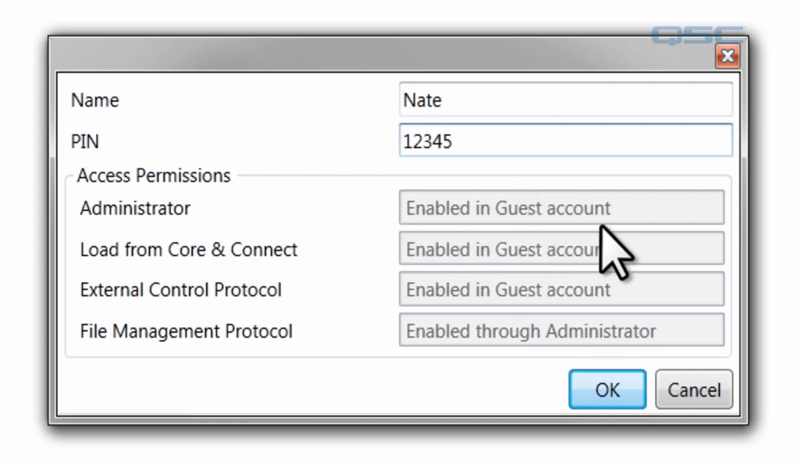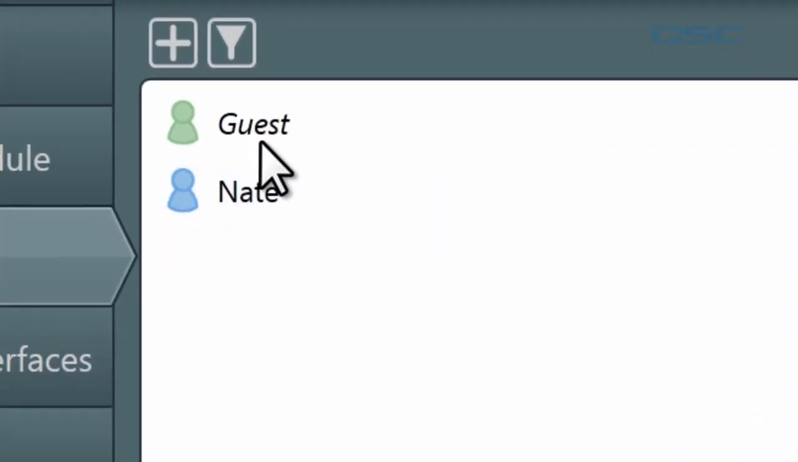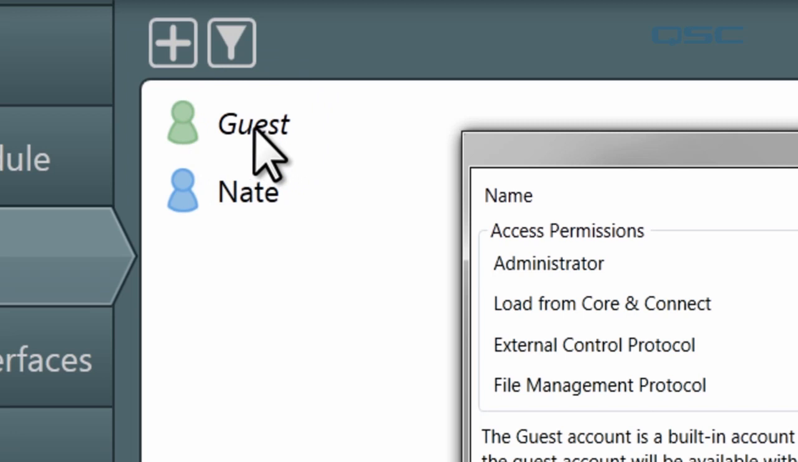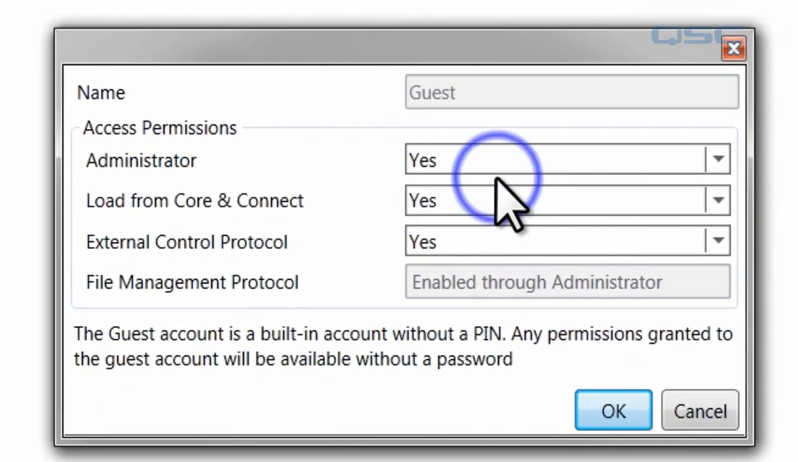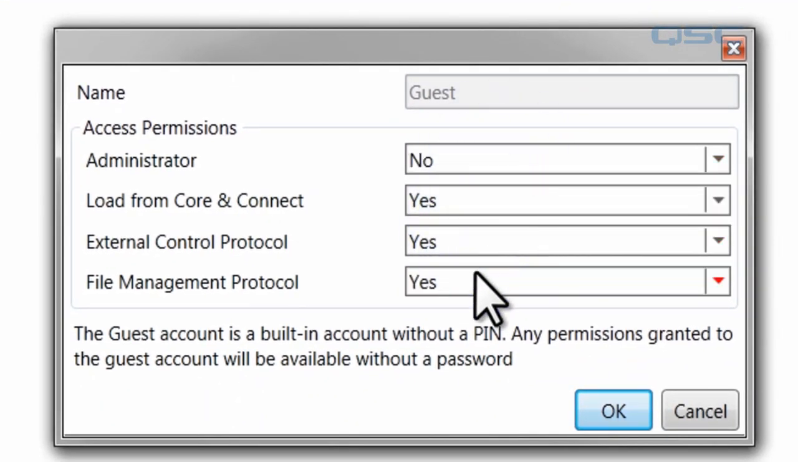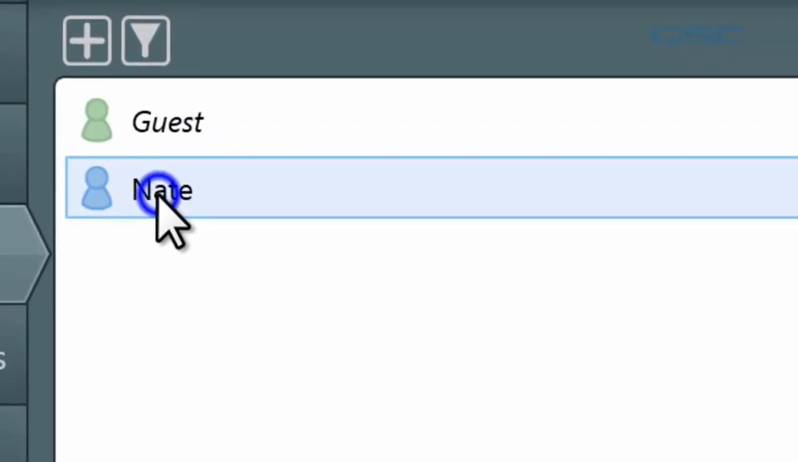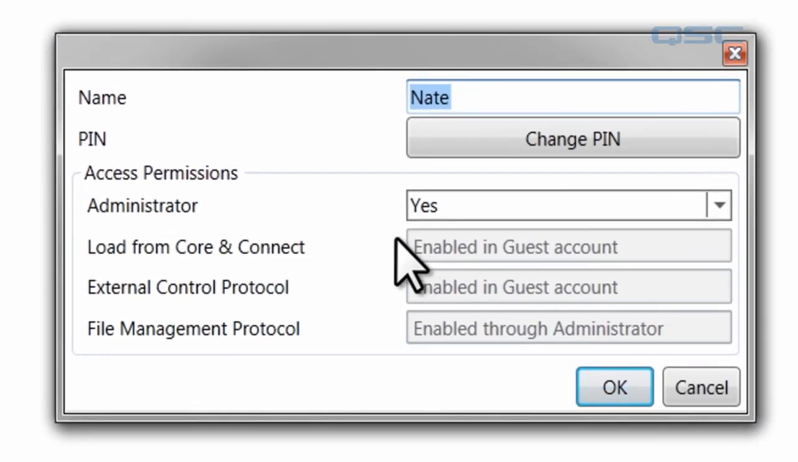in Guest Account. This is because every user will have access to the features that the guest account has access to. If you would like to begin restricting areas for certain users, then you need to start by denying those privileges to your guest account. For example, you double-click on the guest user and change an access permission to No. Now, if you're going to edit another user, then you have the option to grant or deny access to this